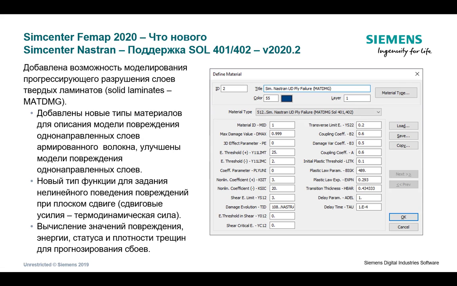In addition, we added support for modeling the progressive ply failure for solid laminates. This is done through the MAT DMG or MAT damage card, as it's known. So new material types in the other type section to specify unidirectional fiber reinforced ply damage model or the enhanced unidirectional ply damage model. We also added a new function type, which is only used with